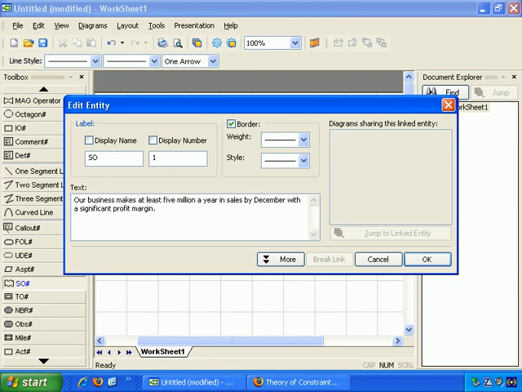by December, or let's say for the year ending, for sales during 2009. And I'm recording this in 2008, so maybe when you're seeing this, 2009 will be in the past, but since I'm recording this in 2008, I'm mapping out a future goal. So our business makes at least $5 million a year in sales during 2009 with a significant profit margin, and